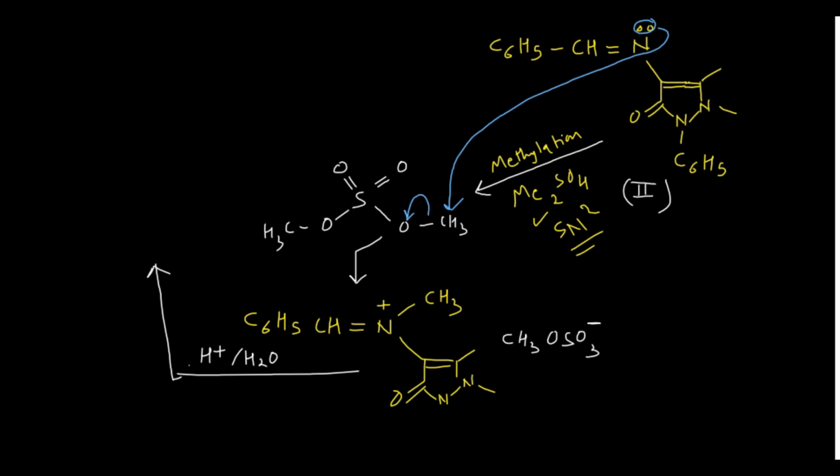And then what will happen after that, you see here, this H positive will go to this particular nitrogen atom. So how it will go actually, you can see here, this will shift here, okay, and that electron pair will grab this particular proton, and you will have this intermediate now,